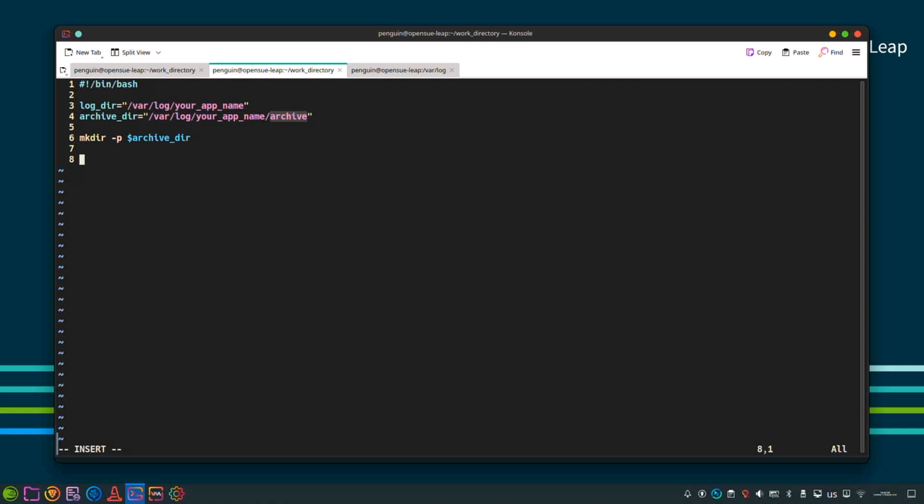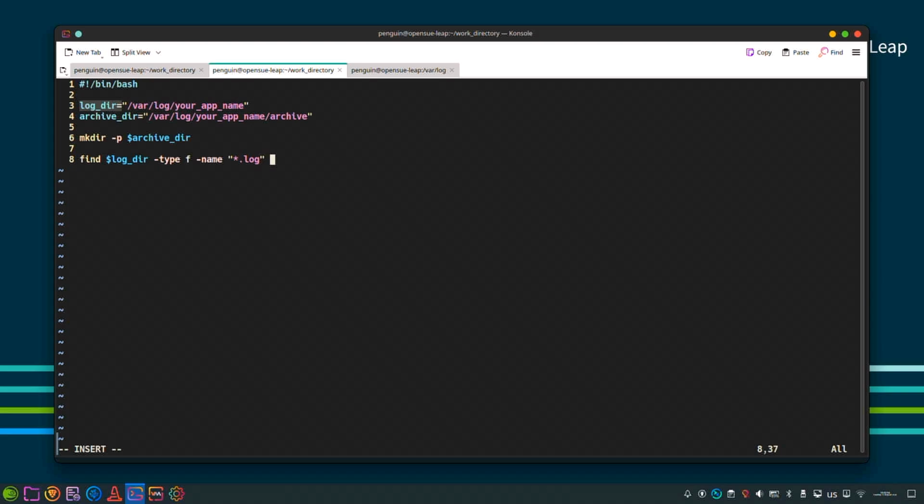To continue, I want to search for certain files to make sure that these files will be archived. It's some kind of copying or taking these files, compressing them and putting them in this place. So I will say find $log_dir, without the equal sign of course, if the type is f, file, and the name ends with .log,